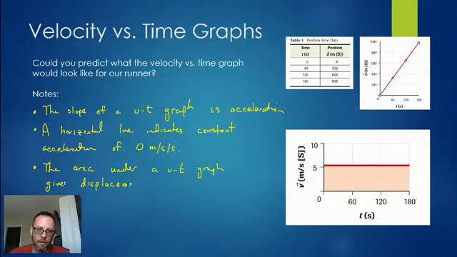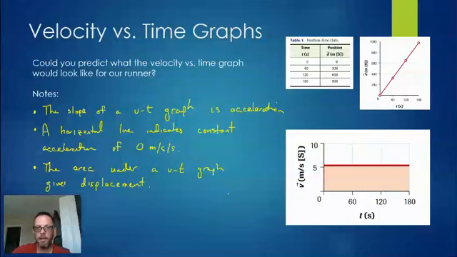And that makes a lot of sense, actually, if you consider the graph we have here for our runner. This is just a rectangle. And if you do 5.5 meters per second times 180 seconds, you get exactly 990 meters, the displacement of our runner over these